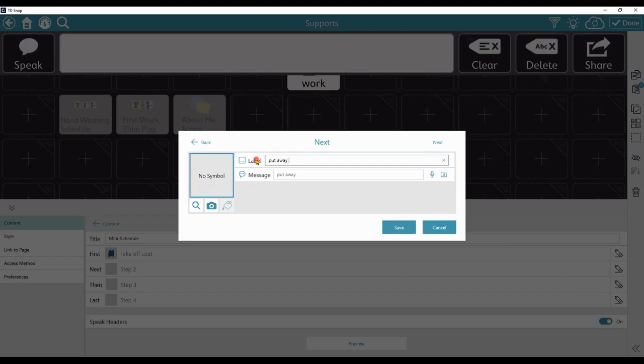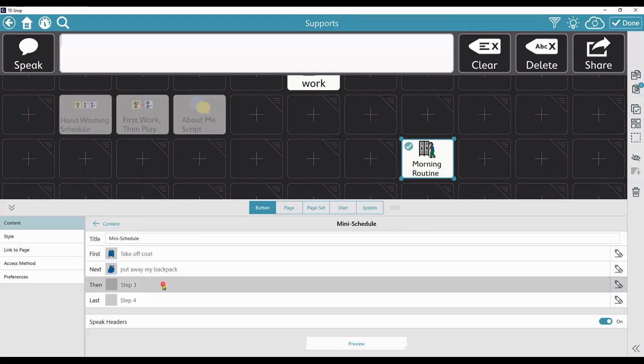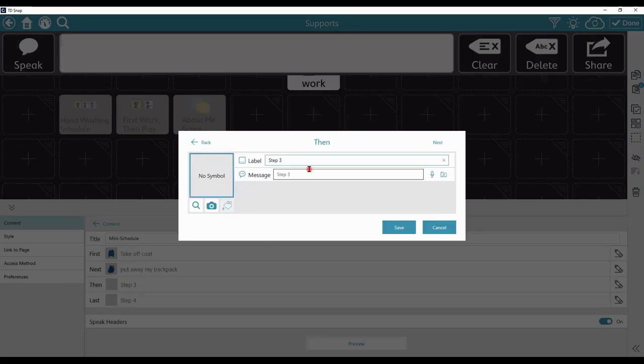Put away my backpack. Search for a picture of a backpack. Step 3 will be get my communication device.